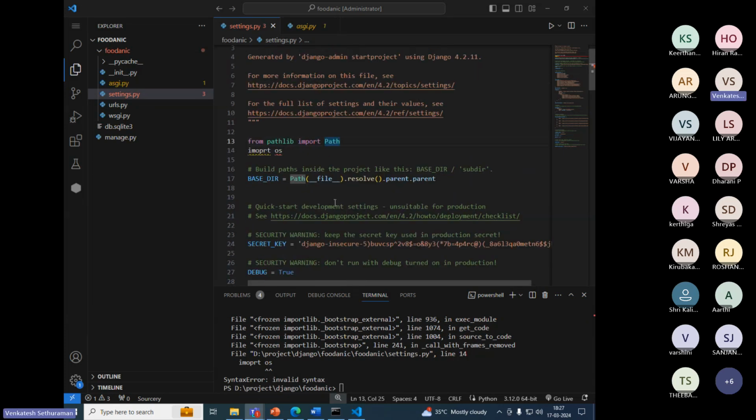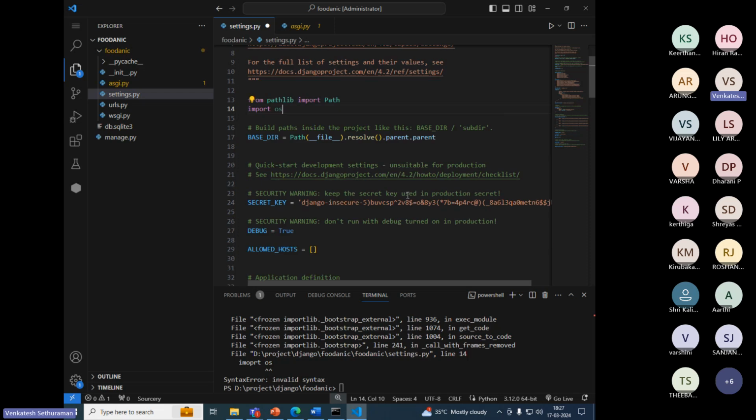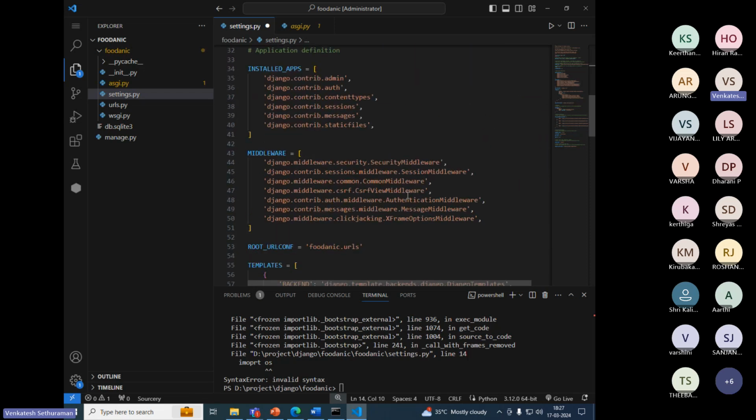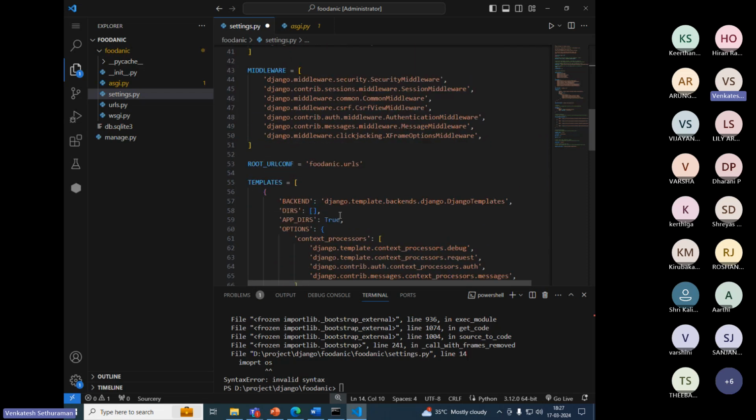So import os. Okay, so here the base directory is already there. I have to add the templates folder to the directories, with my base directory. So what is the base directory here? Foodanic is the base directory here. Okay, here I have to